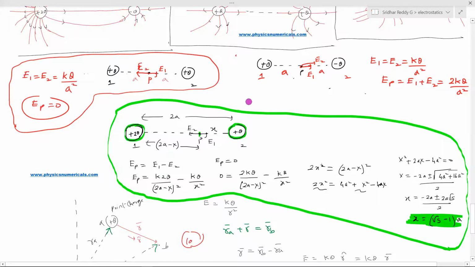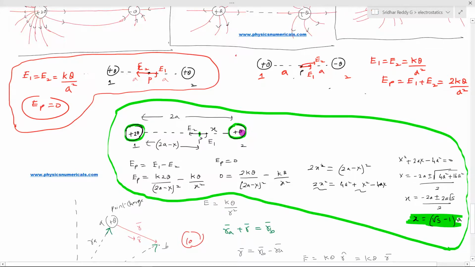I think there are very important conditions here. When we discuss some problems, we need this particular background. What about the field anywhere here? Will it be zero? Due to positive point charge plus Q, it will be like this. Due to 2Q, it will be in this direction. Not possible, no? What about here? Due to 2Q,